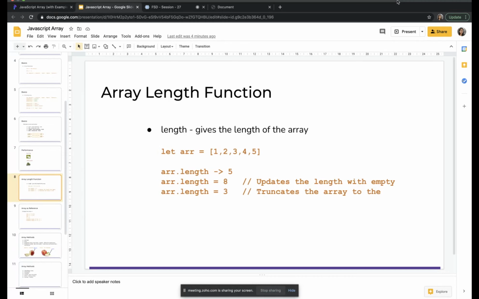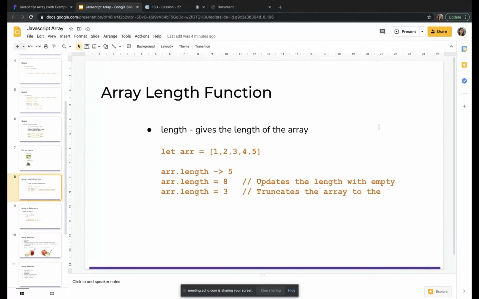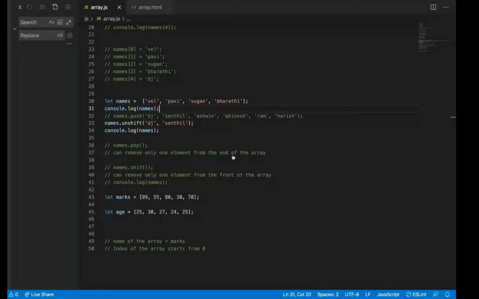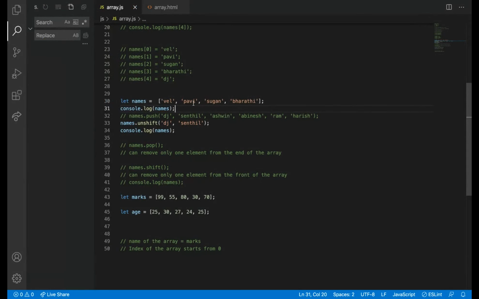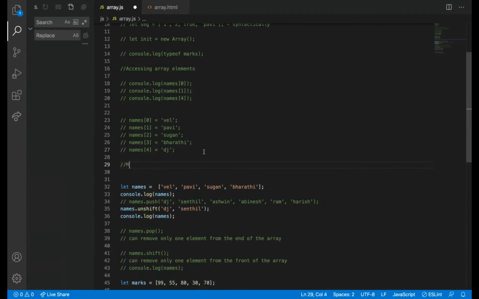Okay, we will see the length function and then we will wrap it. Actually, why I'm saying function and methods — functions and methods are the same. As of now, keep it in mind, we can use methods or functions.